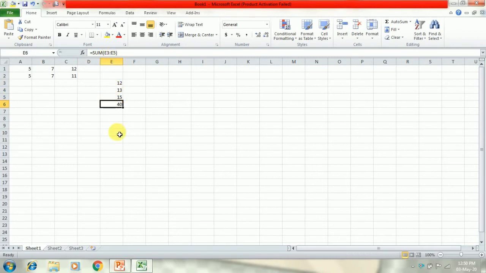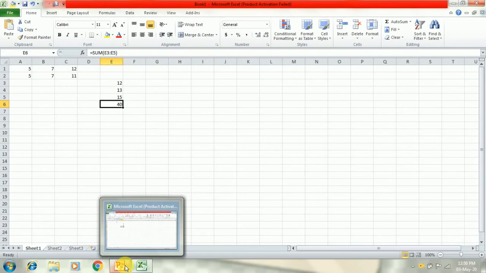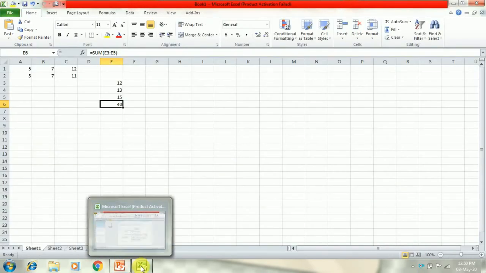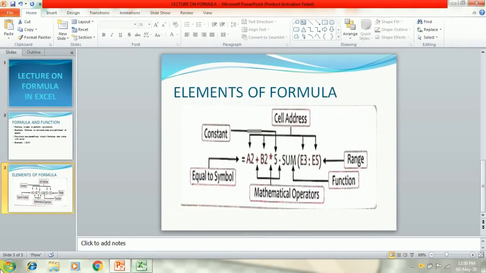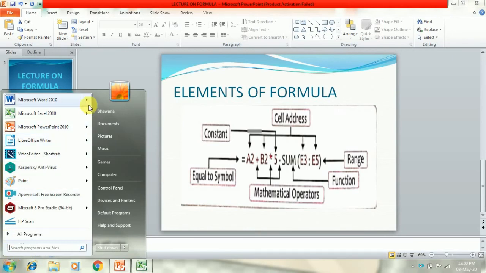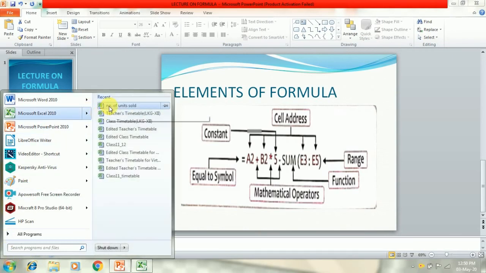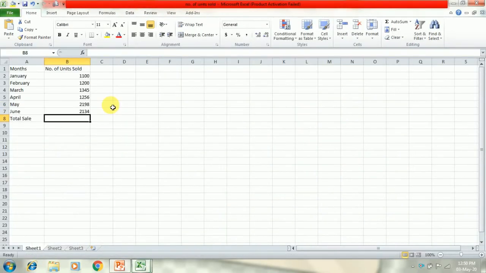Next topic is how to create a basic formula. Basic formula is the formula which involves only one operator. The example of formula which we have seen was not basic formula as it was having 3 operators in it. Let's create a basic formula. If I want to calculate sum of numbers in cell B2 to B7 and display the sum in B8, then I will enter the formula in B8.